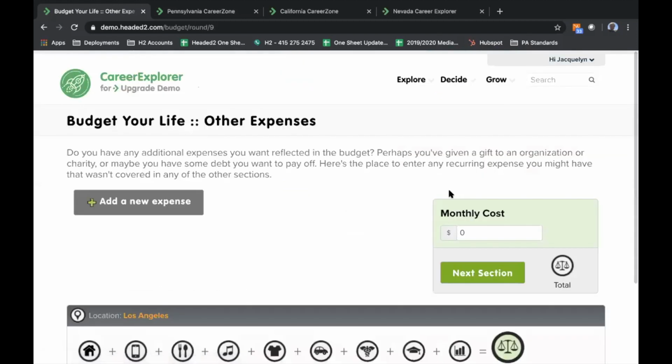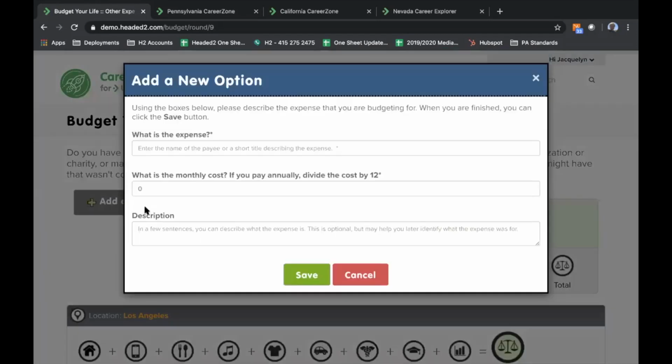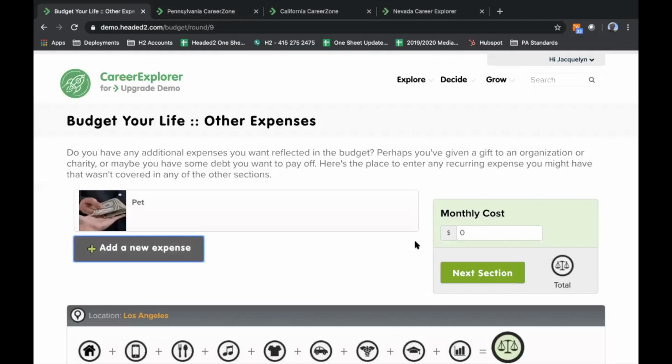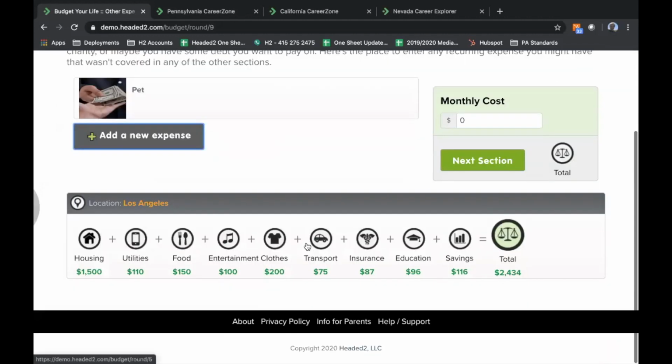So I can click add other items, add a new expense, and let's use an example. We'll say pet, and we'll say a pet costs $75 a month. Click save, and now that gets added to the budget. Okay, so that's just a way that you can,